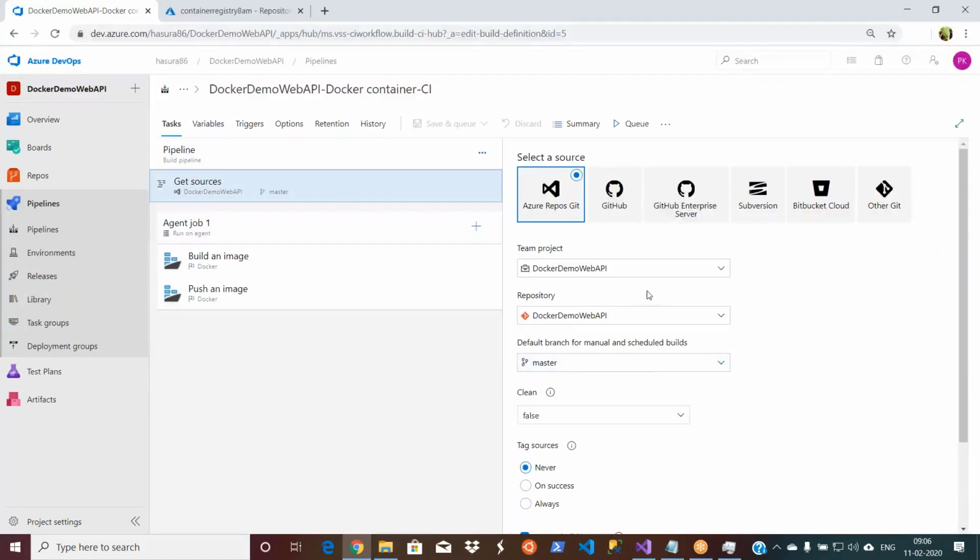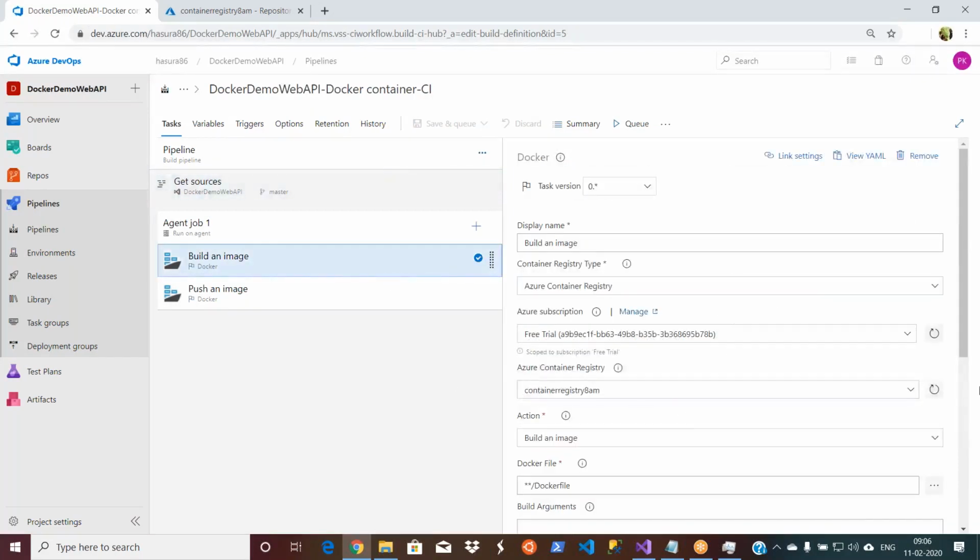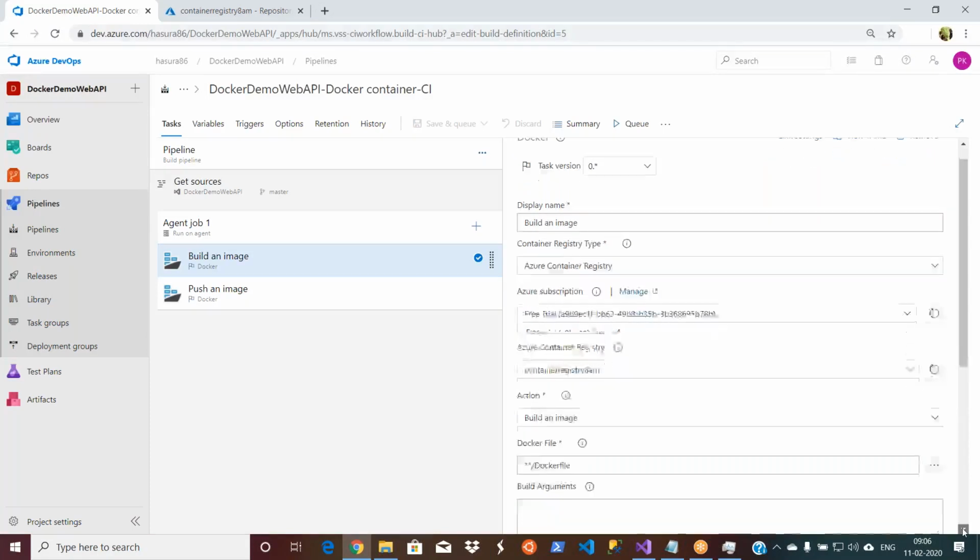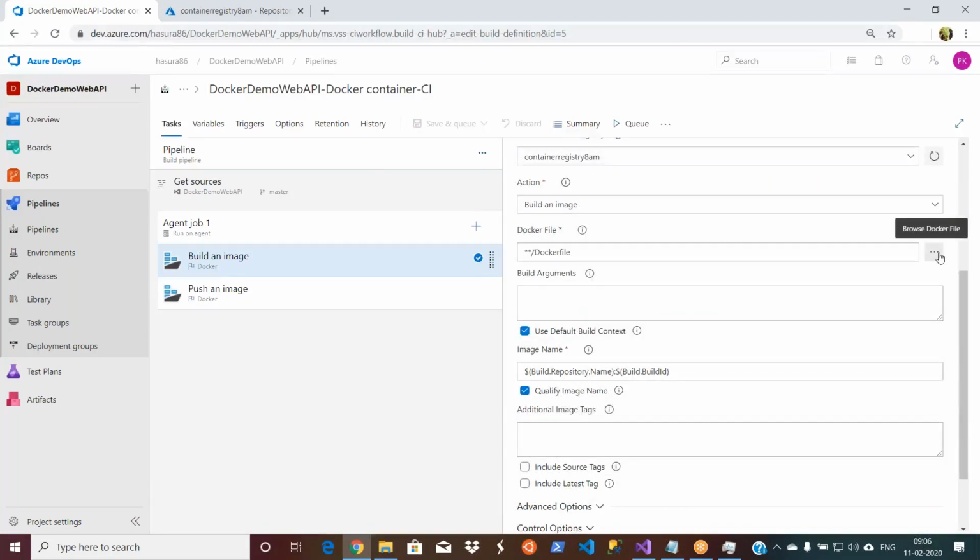The master, right? Docker demo web API. Okay. And then build an image. Container registry I mentioned. Then Docker file.